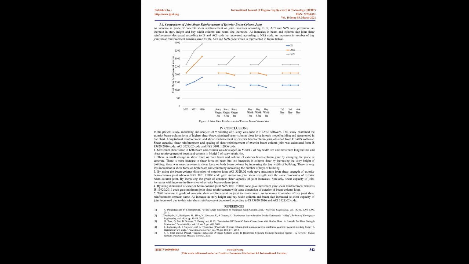Conclusions. In the present study, modeling and analysis of 9 buildings of 3 stories was done in ETABS software. This study examined the exterior beam column joint with the highest shear force, tabulated the beam column shear force in each model building and represented it in a bar chart. Longitudinal reinforcement and shear reinforcement of the exterior beam column joint were obtained from ETABS software. Shear capacity, shear reinforcement, and spacing of shear reinforcement of the exterior beam column joint were calculated